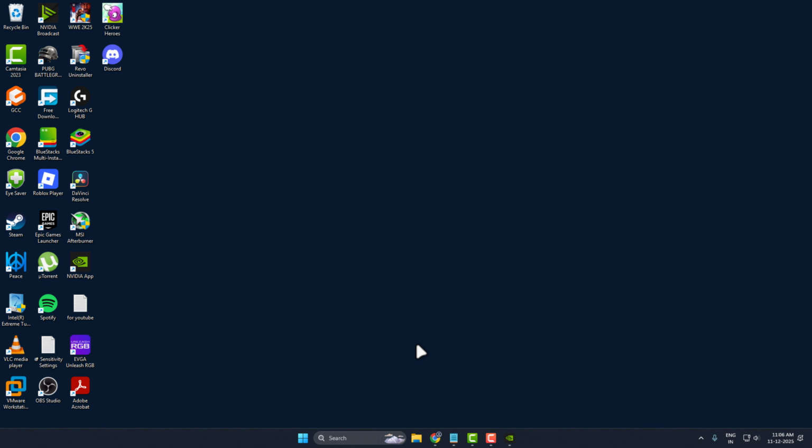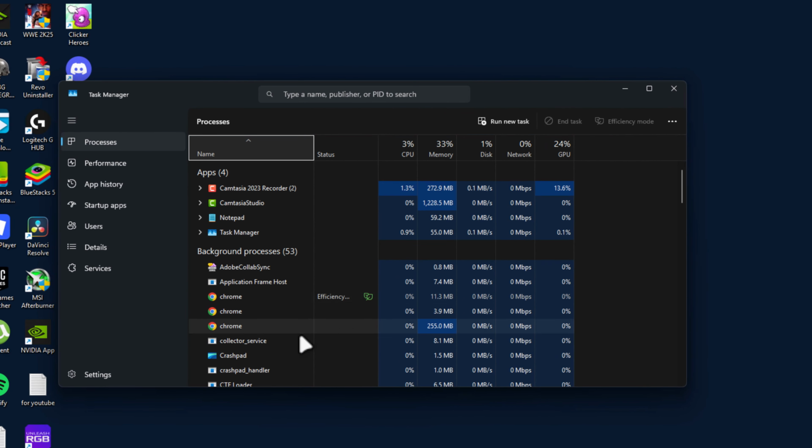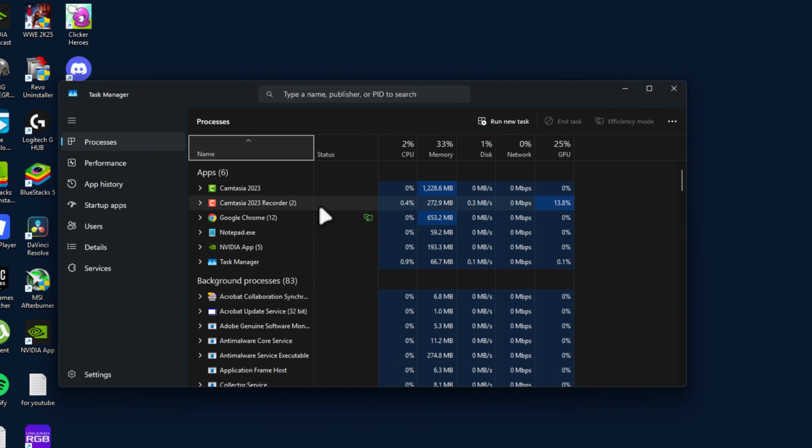Then just close the tab here and open the Task Manager. Before you start the game, you just need to close the browser, Discord, Xbox Game Bar, Steam Overlay and RGB or any other recording software. Just close all these things. This will reduce CPU and RAM usage and gives you smoother